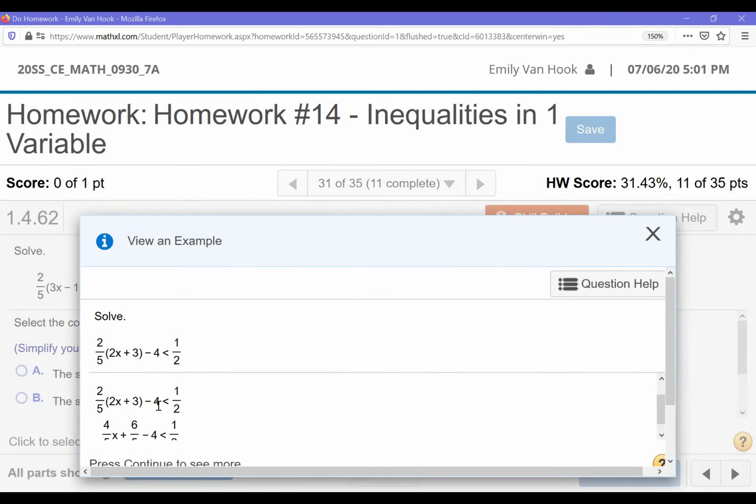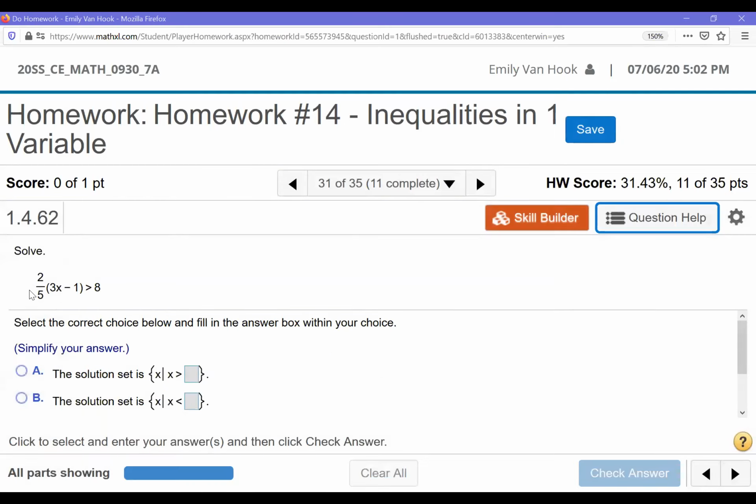Okay, yeah, it does. It says the first step is to remove parentheses by multiplying. So yes, this one does have distributing happening. Okay, I was just curious what the example was going to show. The reciprocal option would also work. Let's go ahead and distribute though. We'll just make a choice